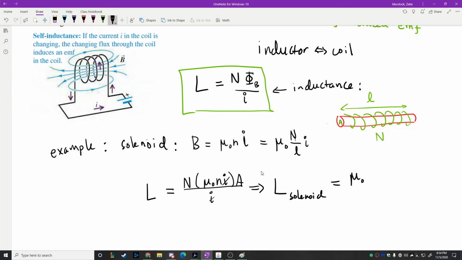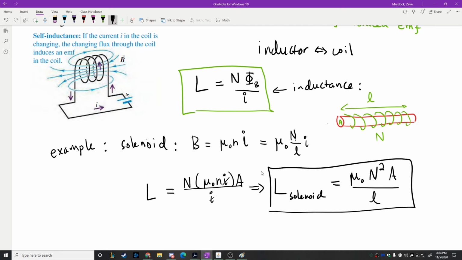You get N times N, so N squared, and then times A divided by L. That is the inductance of a solenoid. Okay? That is the inductance of a solenoid. Notice that it only depends on geometry, right? It only depends on the physical aspects of the solenoid itself, and the biggest thing it depends on is the